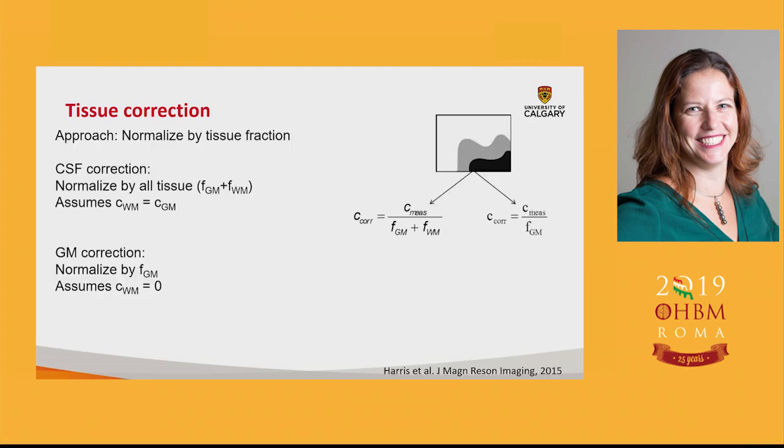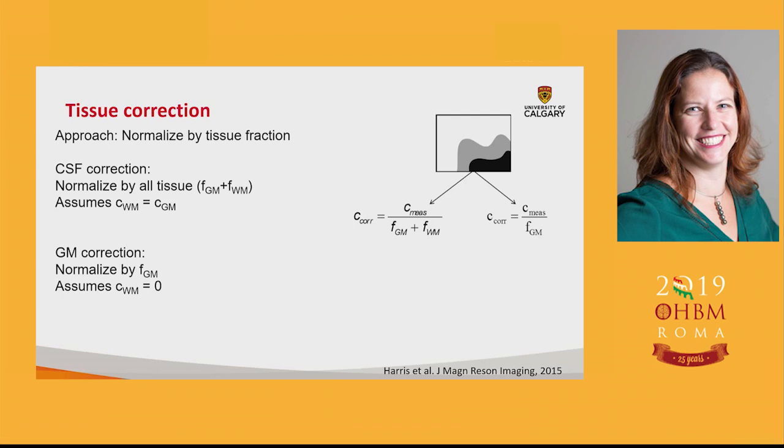So what do we do about that? Well, one approach is to perform tissue correction and to normalize your measurement by your voxel. One approach that's used widely with typical spectroscopy or a typical PRESS is to normalize by the total tissue. And this is the correction equation that's shown on the left-hand side. You take your measurement and you normalize it by how much tissue there is in that voxel, or 1 minus the CSF, and you get your corrected